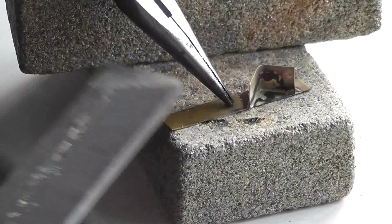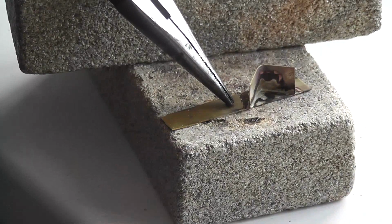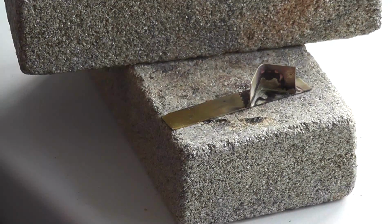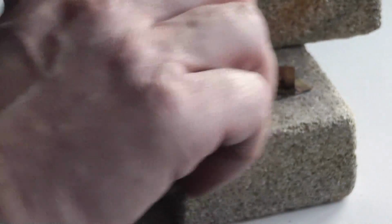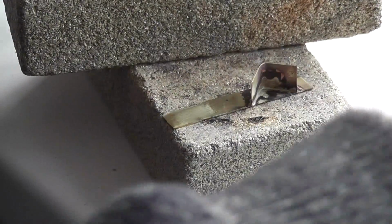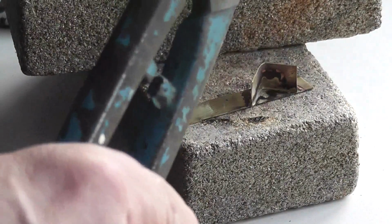Now what we'll do, I'll just, it's likely to be a bit hot, which is why I don't want to touch it particularly. Just want to clean a bit off. Yeah, that is hot, I can feel it. Under normal circumstances I should quench that out. Now what we'll do is we will just silver solder